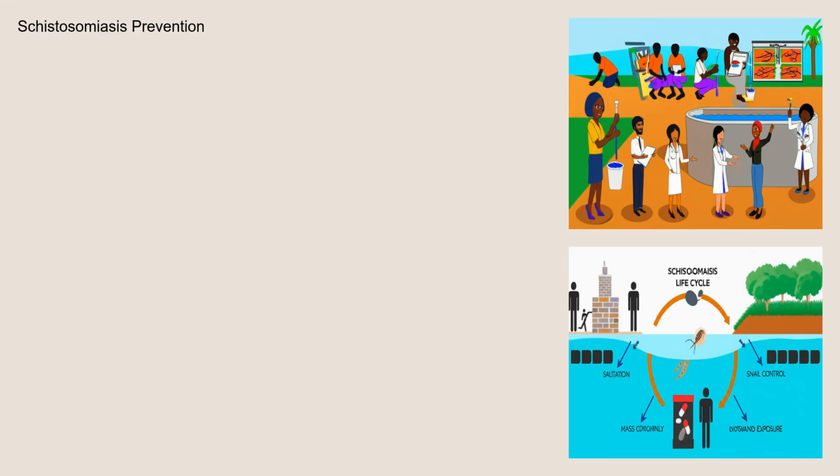Prevention is the most effective strategy for controlling schistosomiasis and its associated nephropathy. Preventive measures focus on interrupting the parasite's life cycle and reducing human exposure to contaminated water. These include improving sanitation and hygiene practices, providing access to safe water sources, and educating communities about the risks of schistosomiasis. Mass drug administration programs, where praziquantel is administered to entire populations in endemic areas, have been successful in reducing